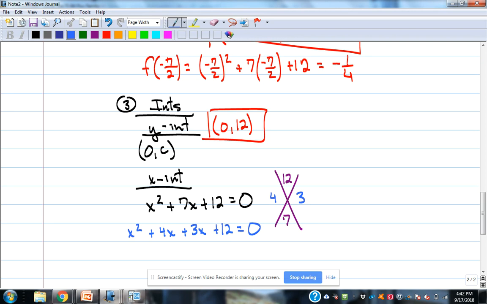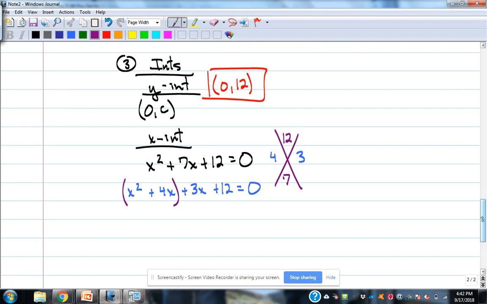7x. This is still 7x here. It's just split up the right way. The reason we split it up that way is because I can take these two together and factor out the greatest common factor, which would be x, leaving x plus 4. And then I take the second two and get the greatest common factor of those two. Greatest common factor of 3x and 12, both of them are positive, would be a positive 3. So I'd put a plus 3,